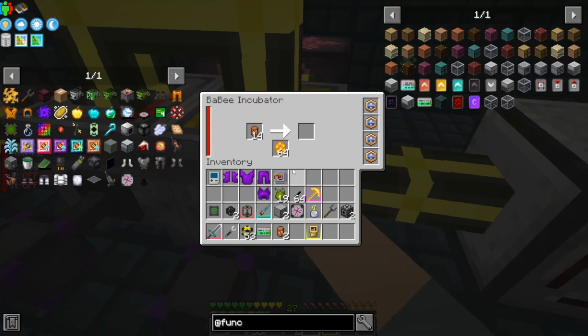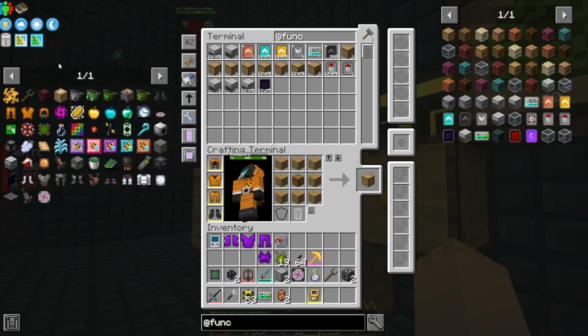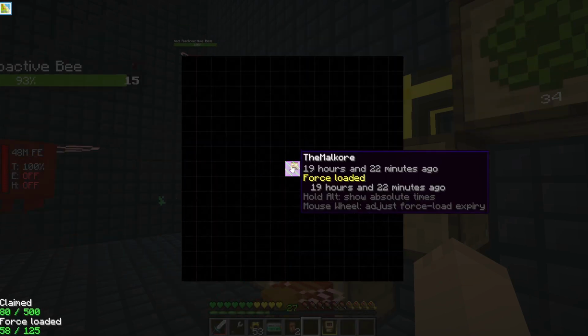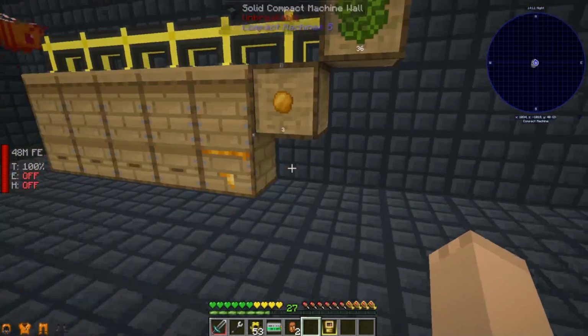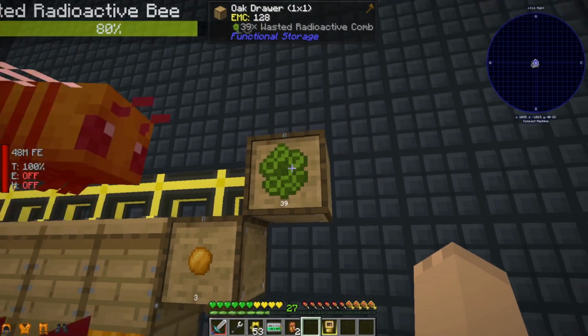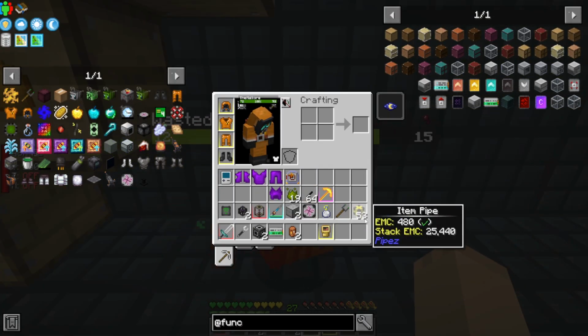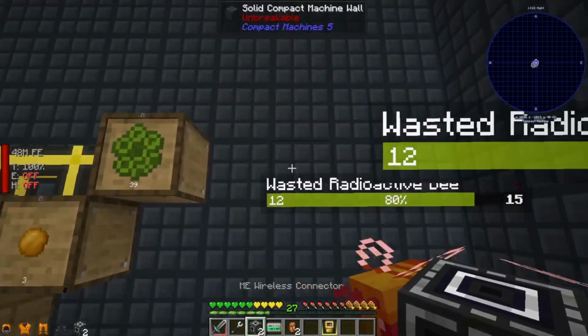Okay, so we'll probably never need these pollen puff balls, but it's good to keep them out of the beehives because, well, yeah, stuff. Let's just make sure that this chunk is loaded. Okay, it is force loaded. We have 36 of these combs. So what we're going to do now is set up a